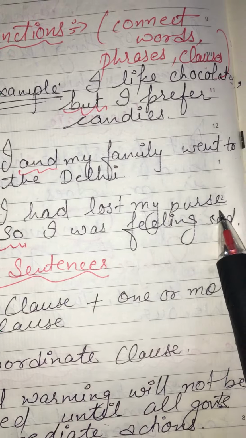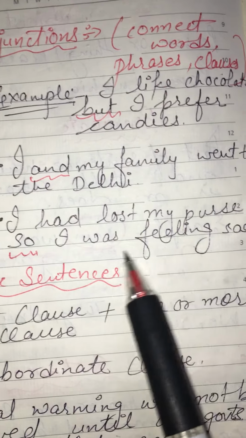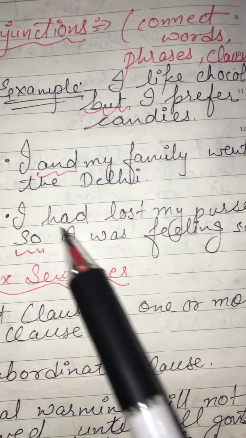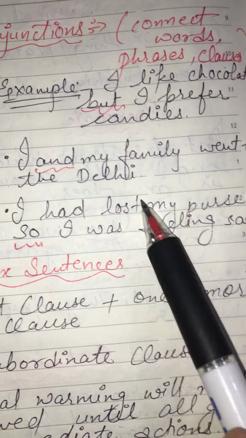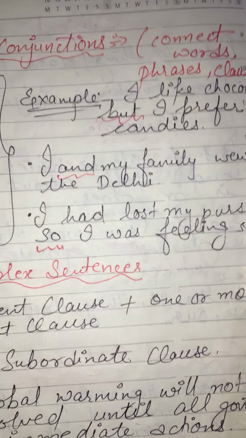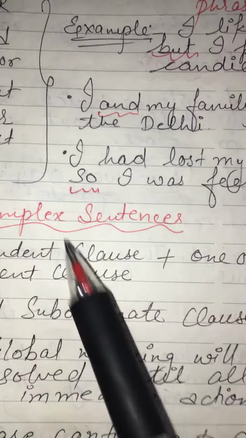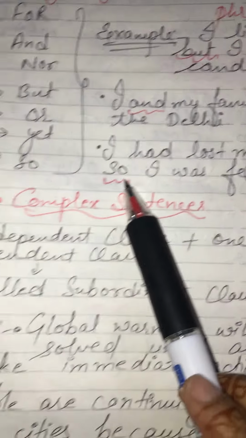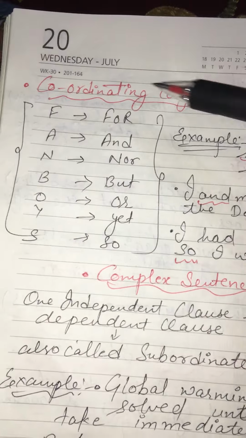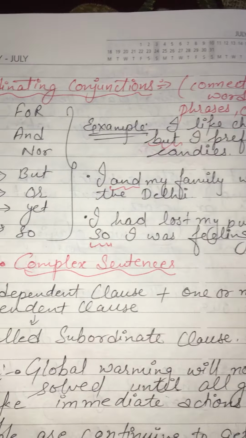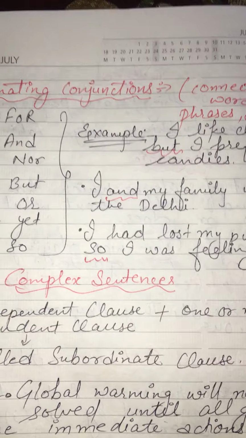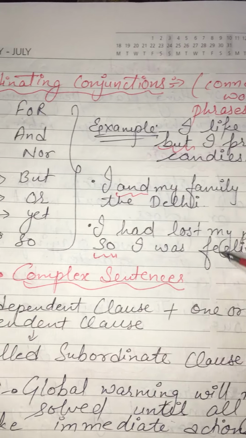I had lost my purse. One idea. Second, I was feeling sad. Another idea. Two independent clauses, or two independent ideas or thoughts, are connected by the coordinating conjunction so. Okay, I hope you understand about the coordinating conjunctions and how to make compound sentences in IELTS writing by